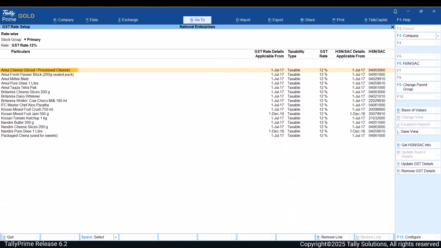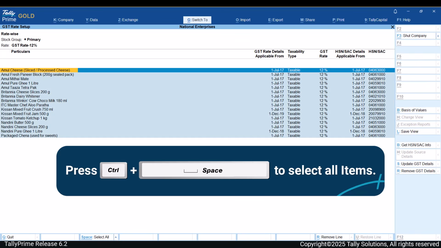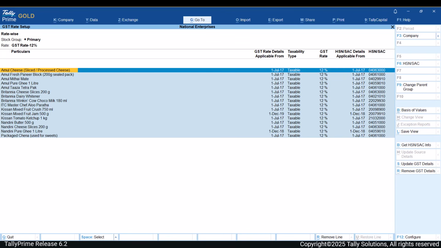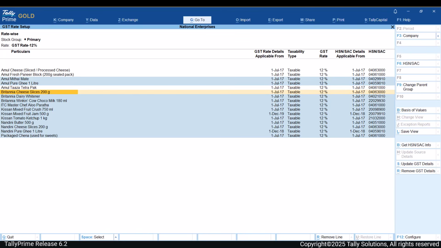Some of these items are moving to 5%, some to 18%, and rest are getting exempted. If the majority of items are moving to 5%, select all items, press Ctrl plus spacebar. To exclude items not moving to 5%, place the cursor on such item and press spacebar to unselect.